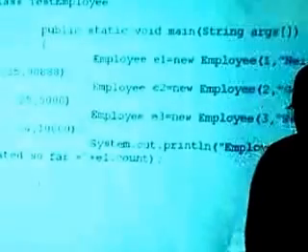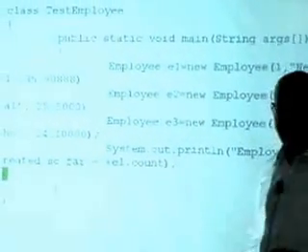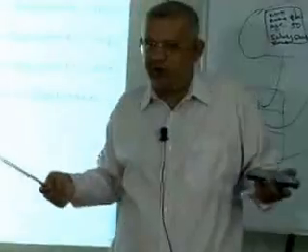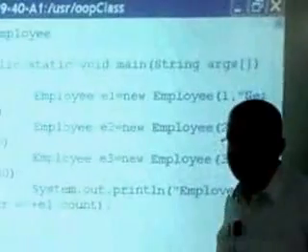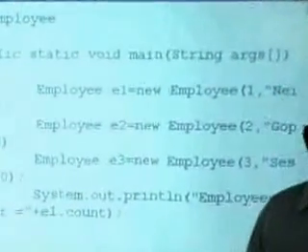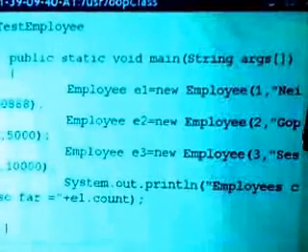Okay, and because I have no other way to print count other than saying E1.count, because that's how you access instance variables. You can't just say count. And remember, we don't want to maintain count in main, because we believe that every employee class must have the intelligence to remember how many of its kind there exist, are in existence. So let's now very quickly compile this class, save it and compile this class.